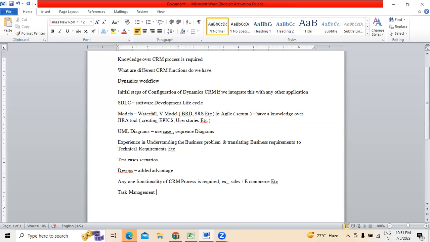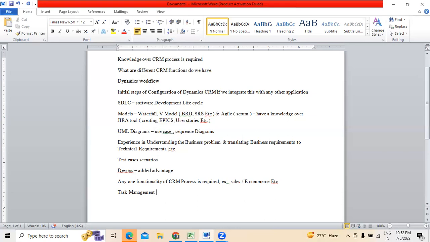That is the reason why task management is also one of the prime areas for a business analyst: how to create the task. We do this task creation based upon the project we have taken, because CRM implementation is the project we have taken as an example in our sessions. So how to create the tasks, what the task creations are, and how we are managing these tasks in the CRM application,